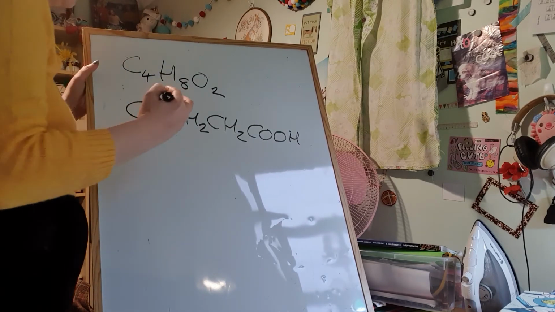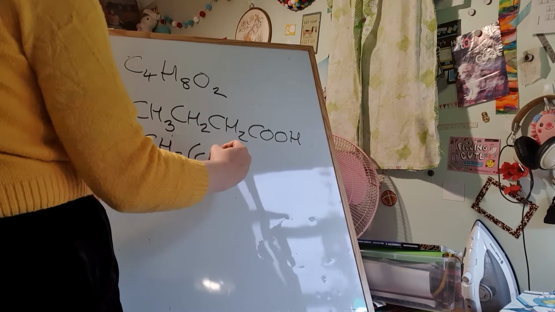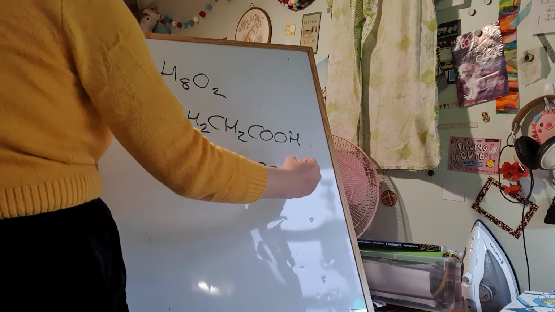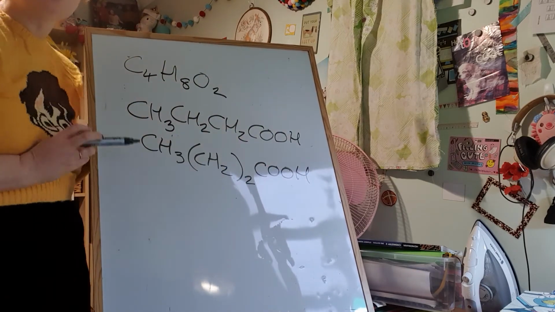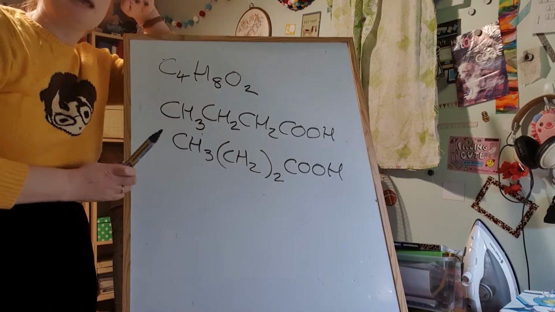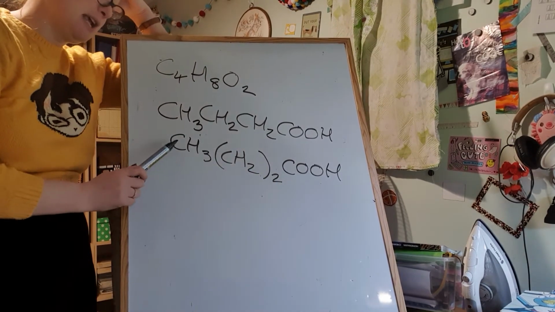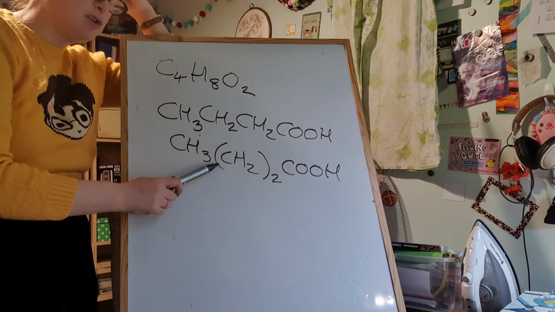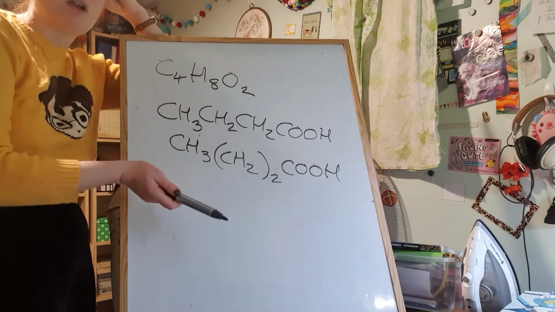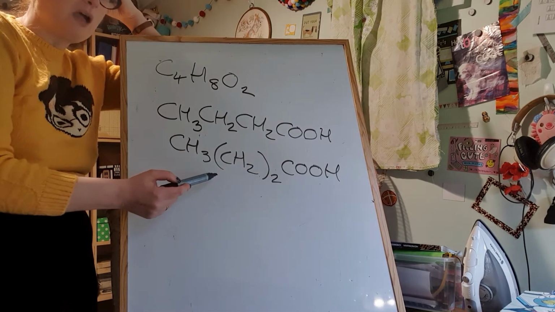You can also have CH3, CH2, and so on. This one I've not seen so commonly, but it is another way it's done. So saying we've got a CH3 on this end, we've got 2 of these here, and then we've got this one here. This would be much more common if you've got a very long molecule with lots of these in the middle. And it's the same.